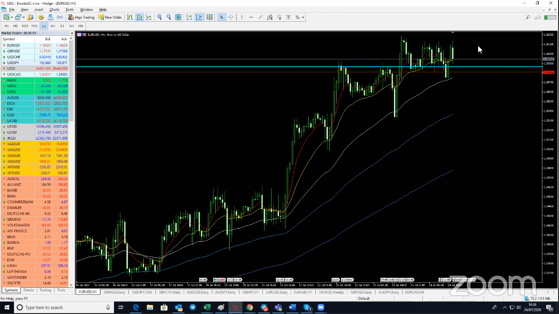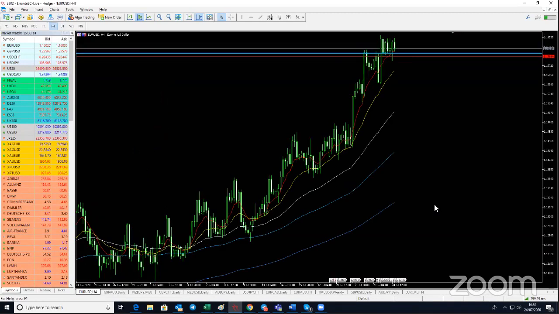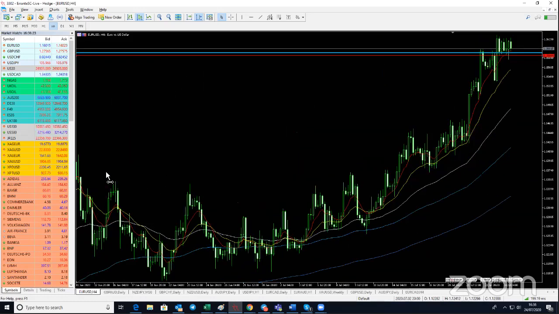So there you go. This is roughly it. So on the short term, yes, we've got a resistance, but it's not powerful enough for what is going on in the market at this moment of time, especially with all the economic data releases that we are expecting in about 10 minutes to 20 minutes time. Okay, so there you go.